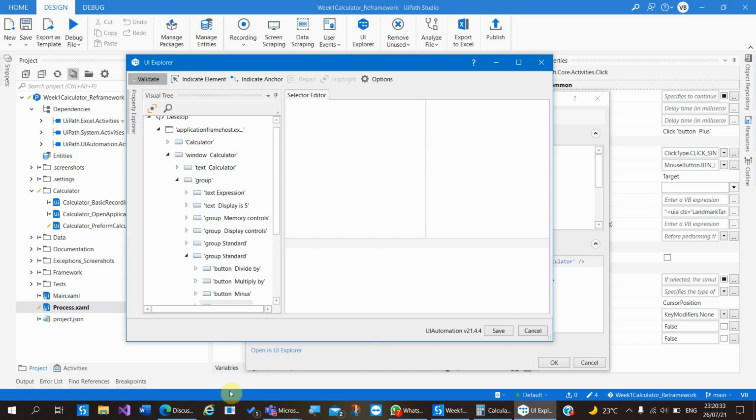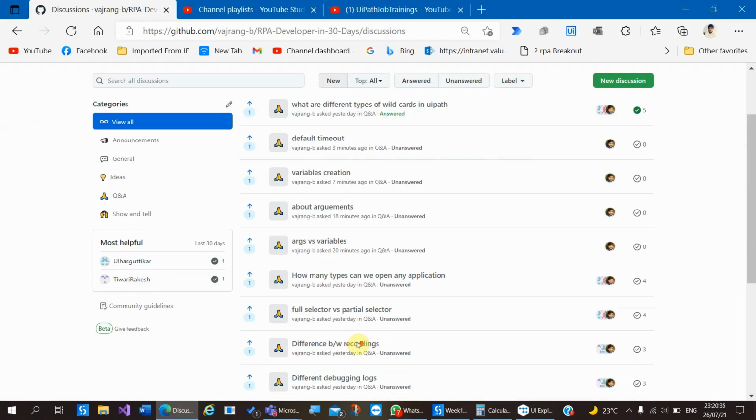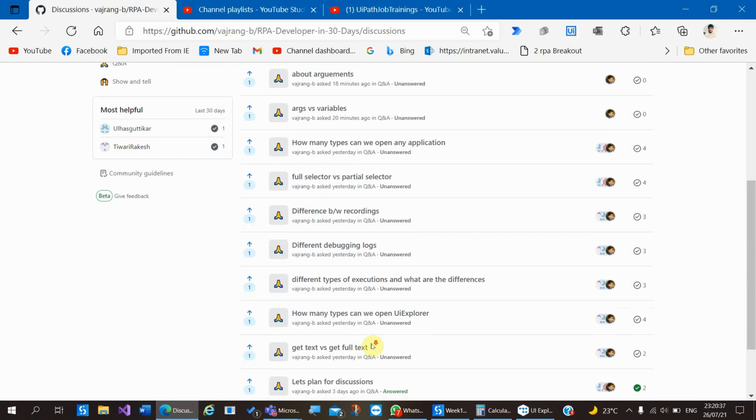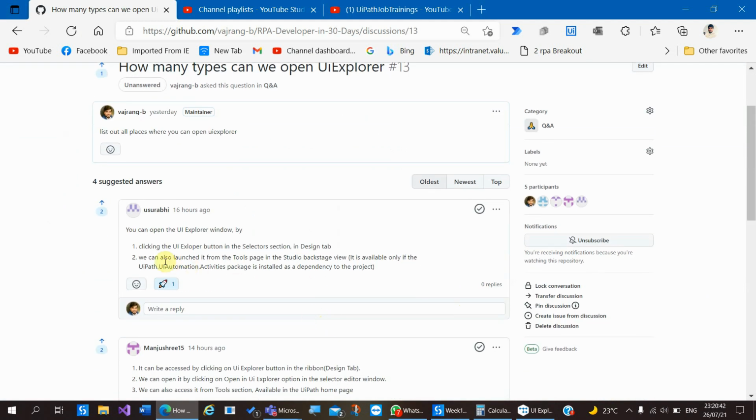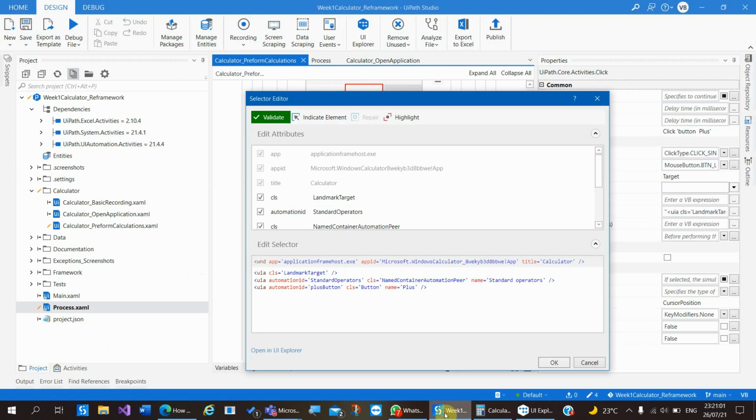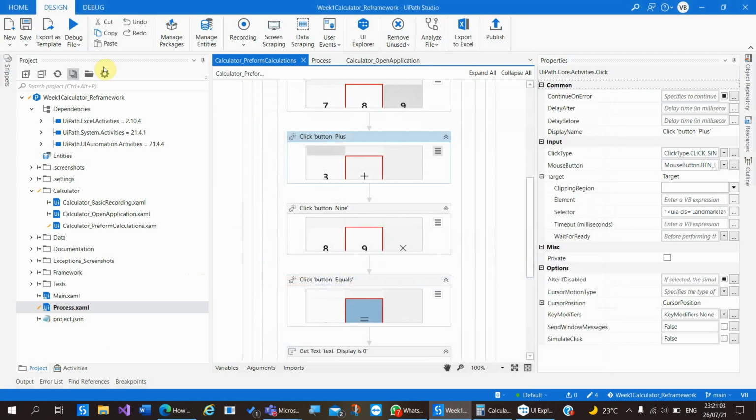And the answer to the question about UI Explorer: how many ways are there to open UI Explorer? Uma Devi mentioned that there are two ways, by clicking on the Explorer button. Okay, I like this answer. She clearly mentioned that if we install the UiPath automation activities, only then will we be able to see it in the backstage view. And when we say backstage view, this is the backstage view: home,